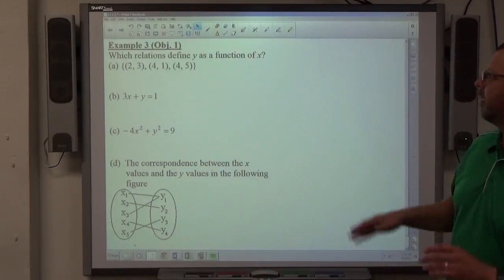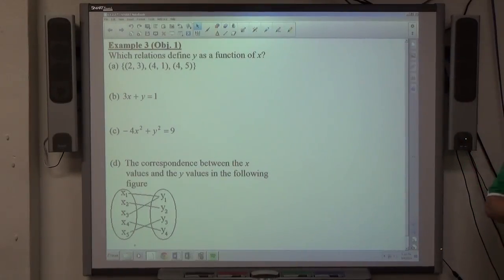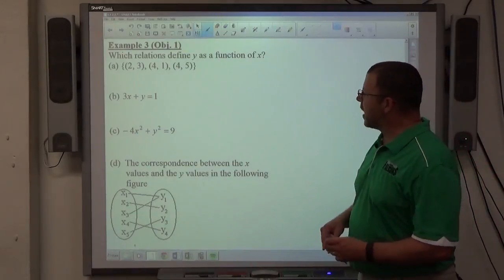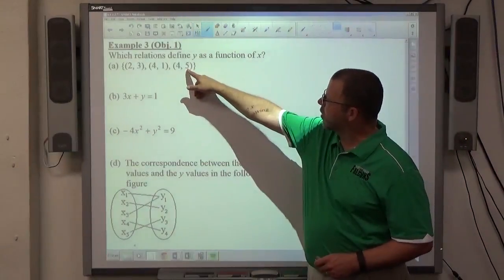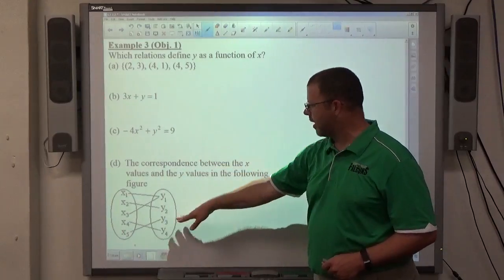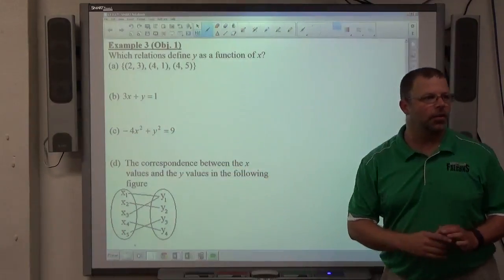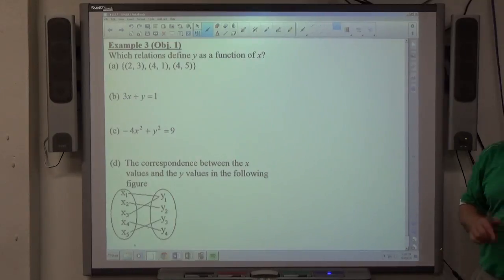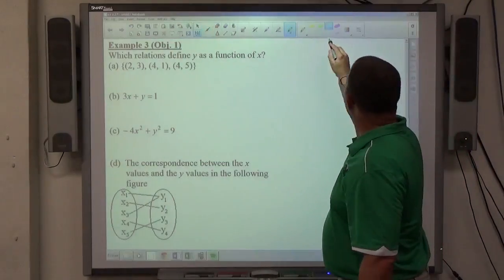All right, example 3, we're doing determining whether things are functions or not. We got several different types of relations going on here. We have a set of ordered pairs, we have a couple equations, we have a mapping. And to determine if a relation is a function for a set of ordered pairs, first off, the first thing